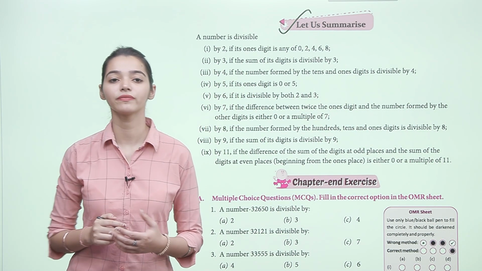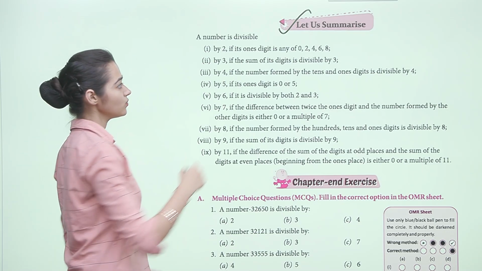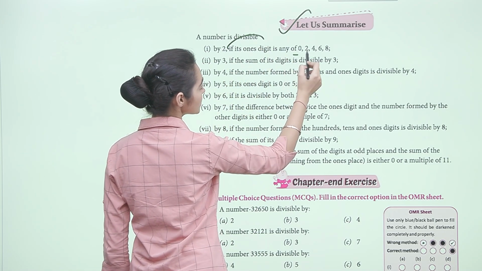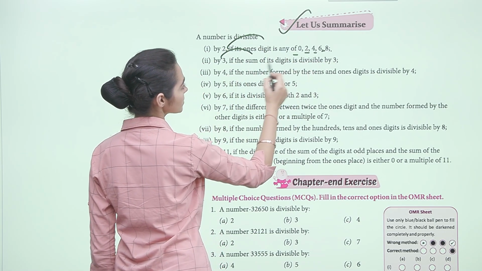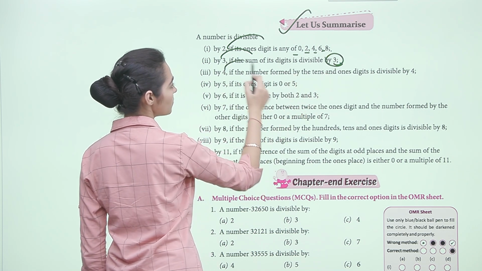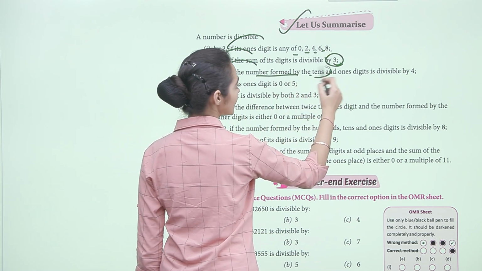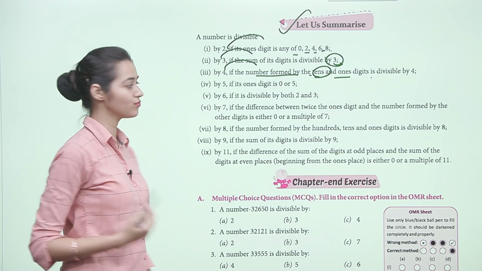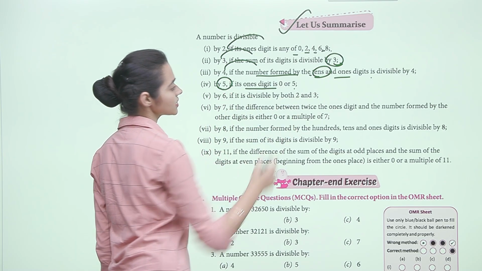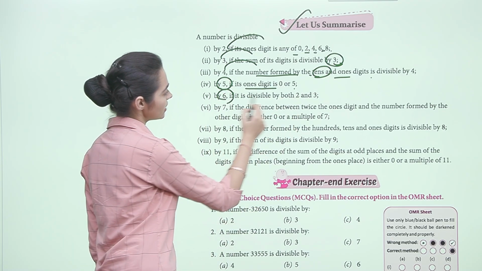Now let us summarize what we have learnt earlier. A number is divisible by 2 if any of its digits is 0, 2, 4, 6, 8, by 3 if sum of its digits is divisible by 3, by 4 if the number formed by tens and ones digit is divisible by 4, by 5 if ones digit is 0 or 5, by 6 if it is divisible by